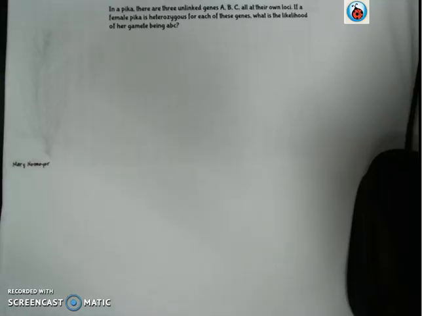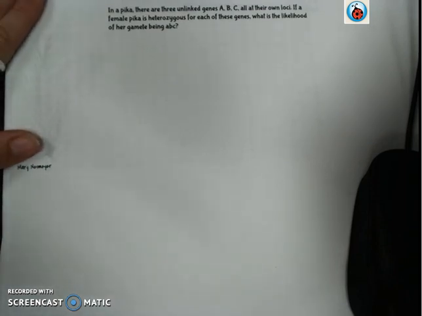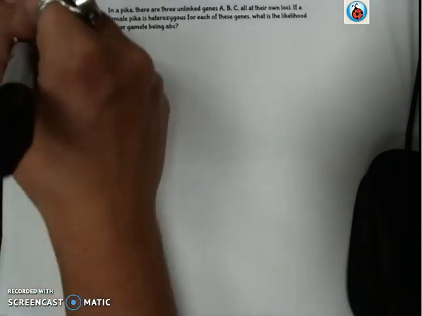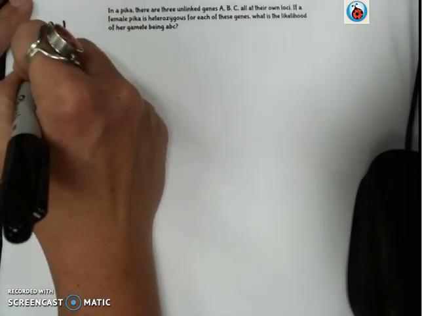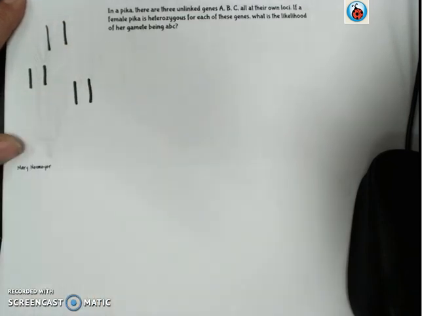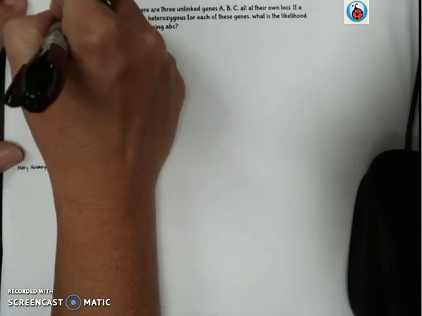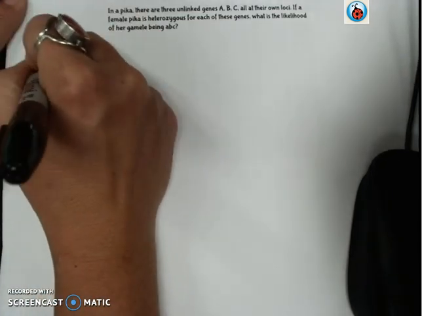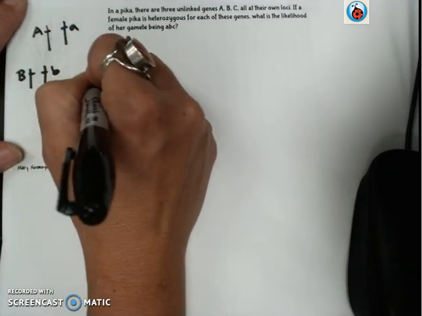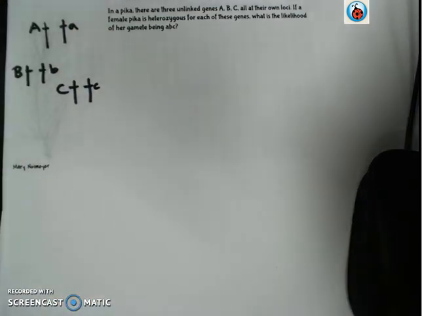So here's a fantastic question that's connecting Mendel's law of independent assortment to meiosis. It says in a pica, there are 3 unlinked genes. So unlinked genes means that these are genes located on different chromosomes, so they are at their own unique loci. Okay? So if a female pica is heterozygous for each of these genes, what is the likelihood of her gametes